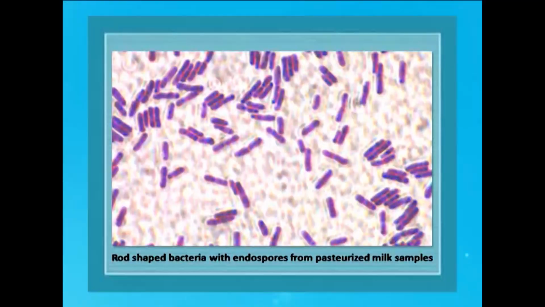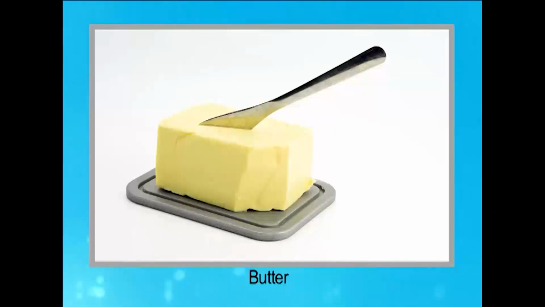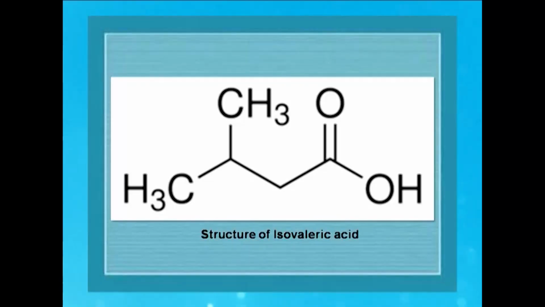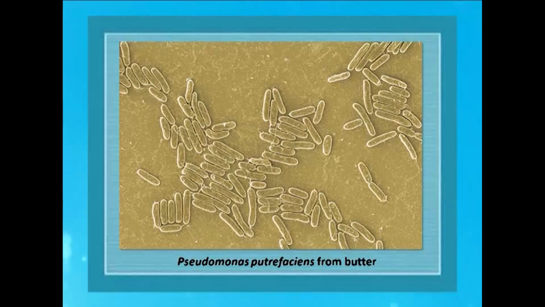But pasteurization does not prevent the endospores, and these endospores may remain in the pasteurized milk sample, causing destruction of the milk. One important byproduct of milk is butter, and butter actually is spoiled by an organic acid produced by Pseudomonas, which is called isovaleric acid. And this isovaleric acid is produced by Pseudomonas petrifaciens, which is also isolated from butter, and it causes degradation